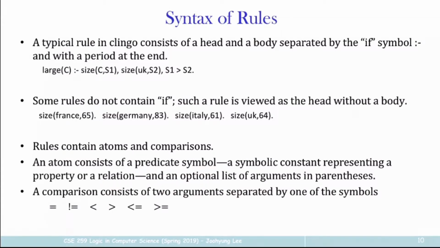For the comparison, we have these symbols, and the first two symbols apply to any things. So you can say John is equal to Mary, or 1 is equal to 2. You can compare any possible atoms, any possible objects, while these last four are only about numbers, because it doesn't make much sense to compare something that is not